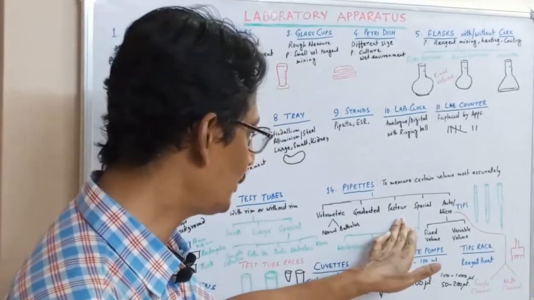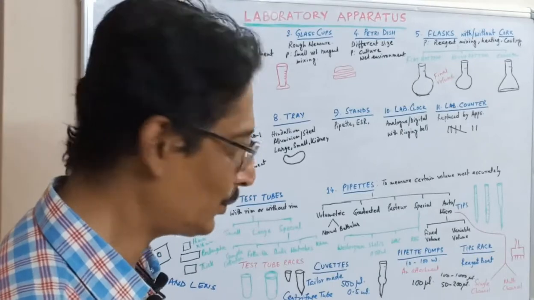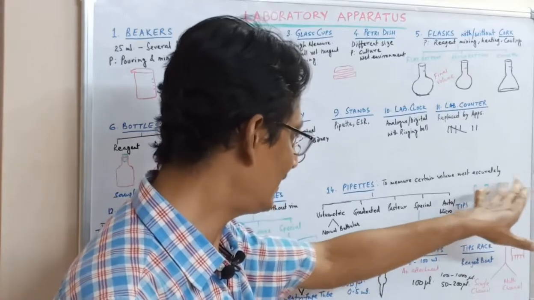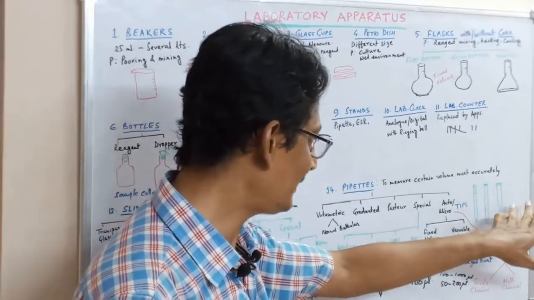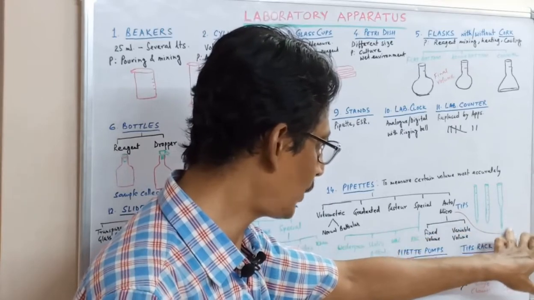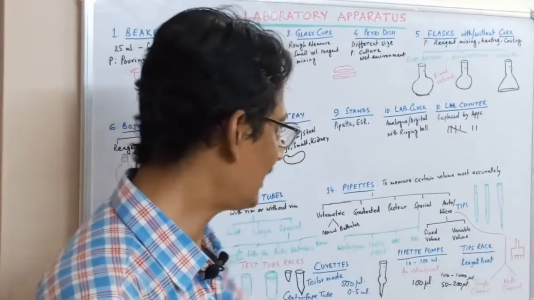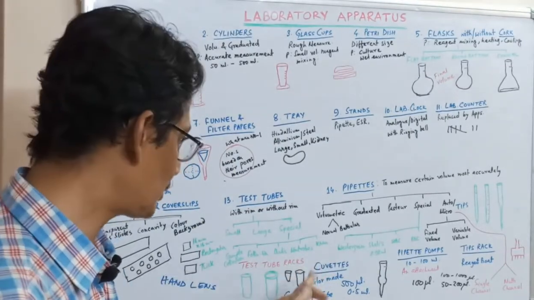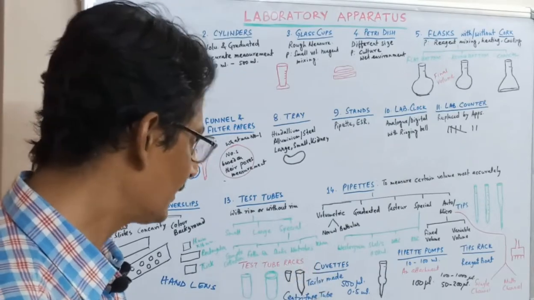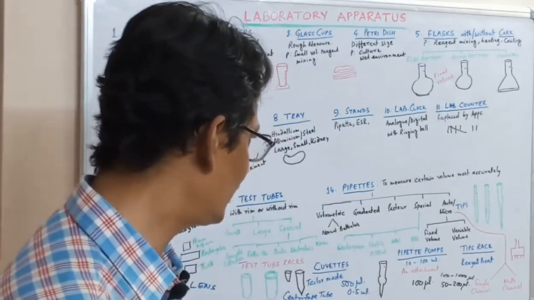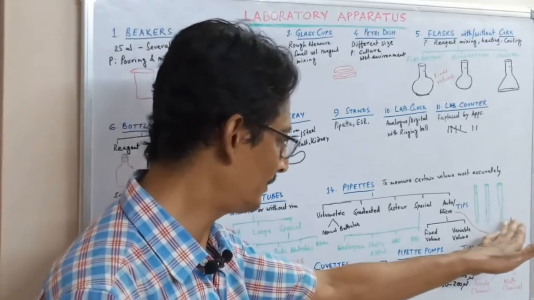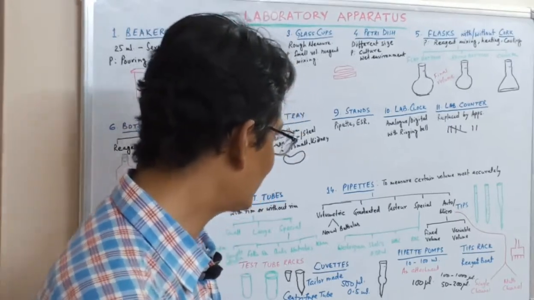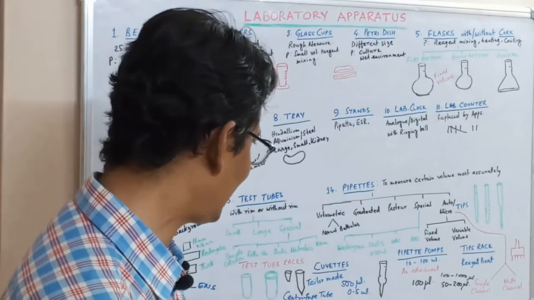And the Pasteur pipette is a unique pipette named after Louis Pasteur. This is a pipette that is open at both ends. On this end we put a teat, and this part is called the nose part. This nose part is so long in order to deliver some fluid into a very narrow test tube like Winthrop's tube. So this is a very delicate Pasteur type of pipette, and many times it can be broken.